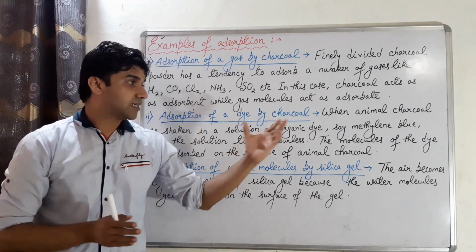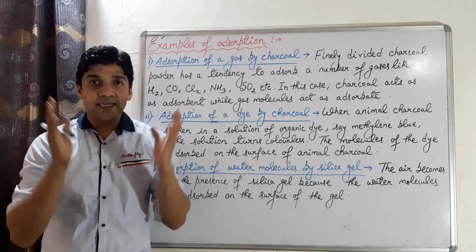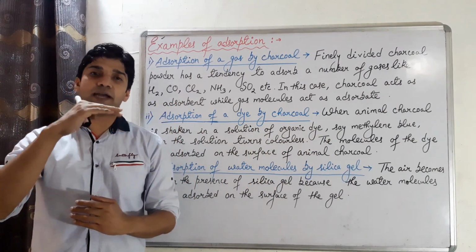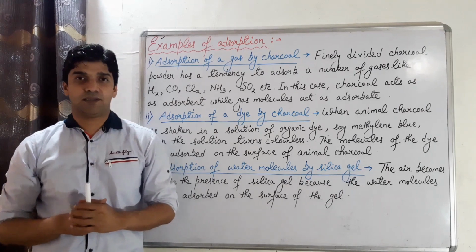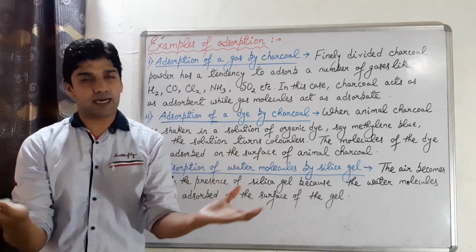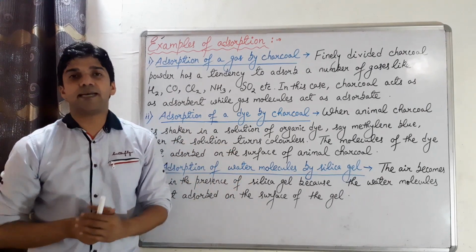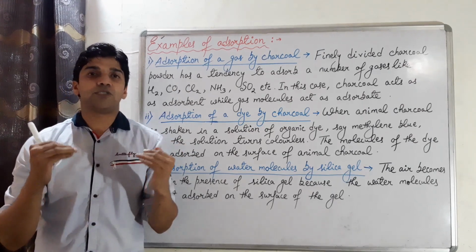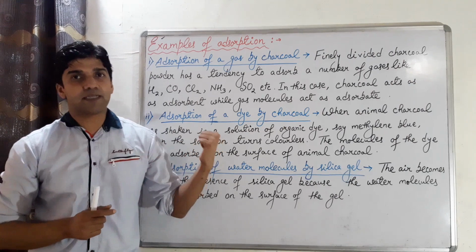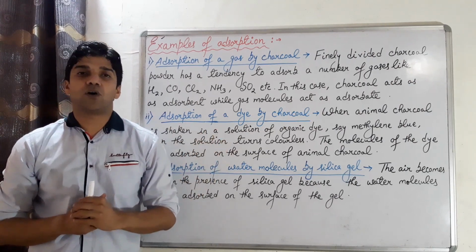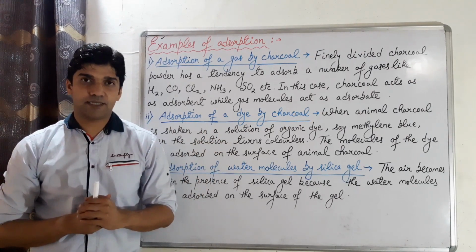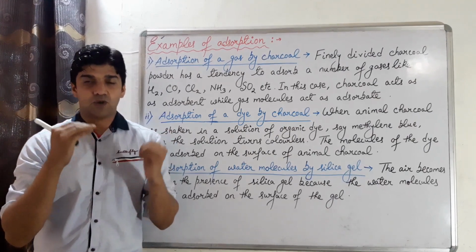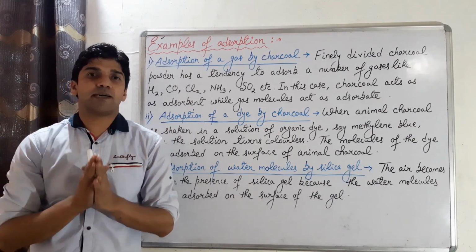Because the molecules of the dye get adsorbed on the surface of animal charcoal and the solution turns colorless. तो इस केस में जो मॉलिक्यूल्स हैं डाई के, वो क्या है? वो एडसॉर्बेट है, और ये एनिमल चारकोल क्या है? वो एडसॉर्बेंट है।